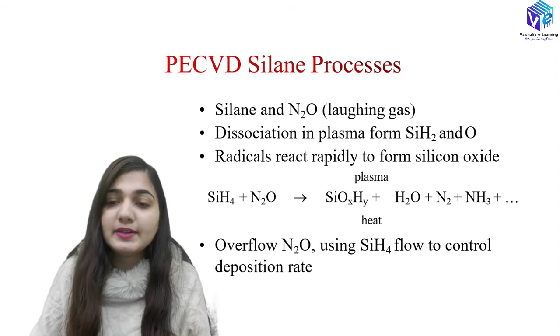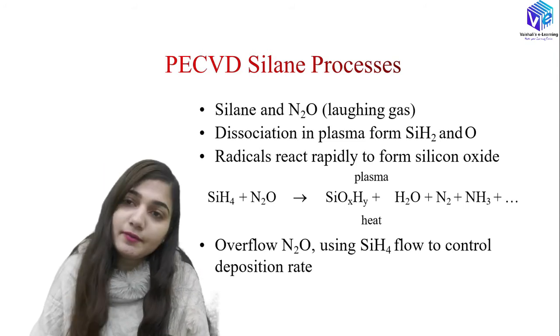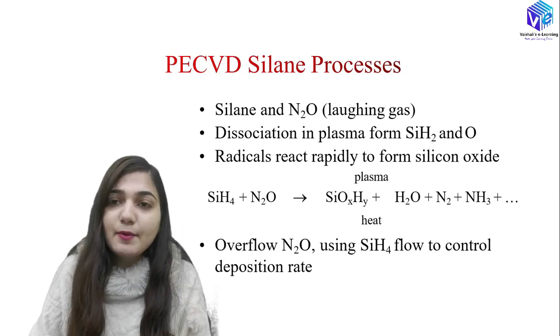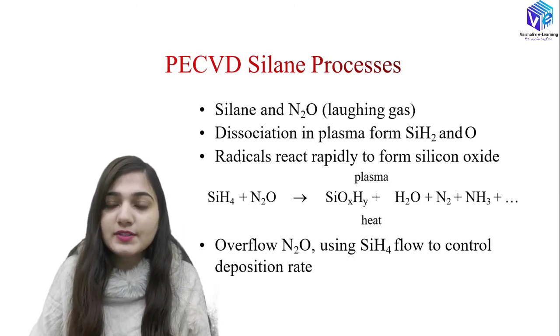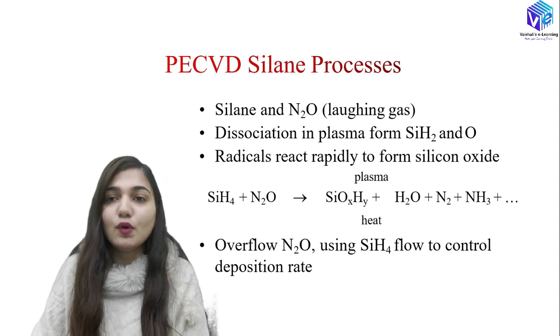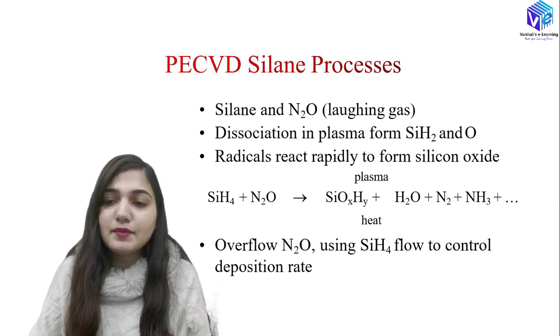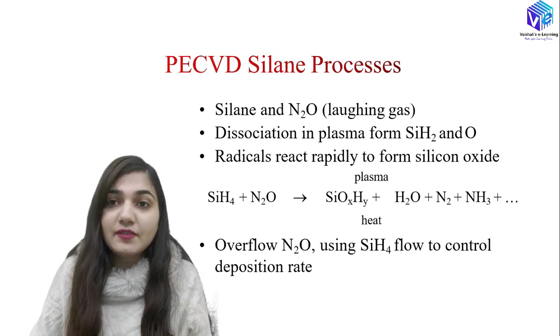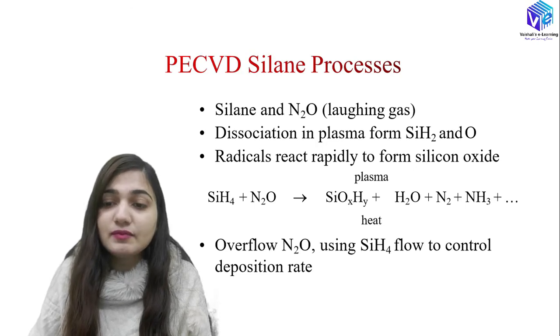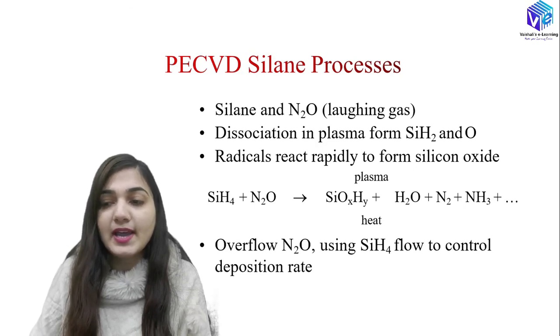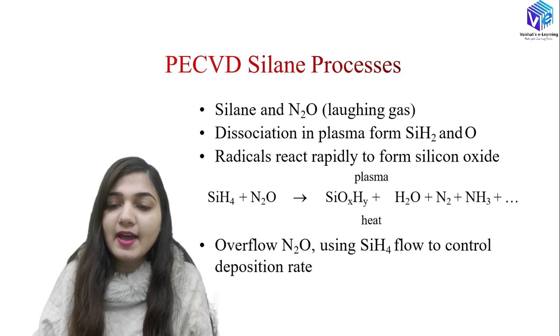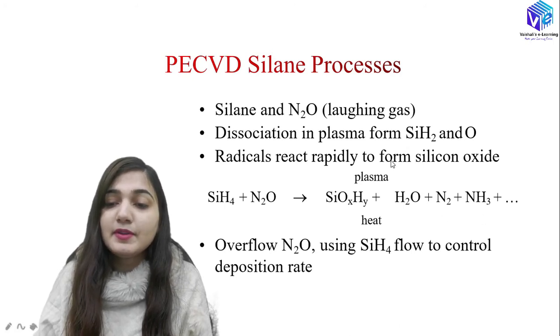thing that you need to remember, that we are using the laughing gas here with silane. So whenever I was using the thermal silane process, there I was using silane with O2, but here I am using silane with laughing gas, that is N2O. So silane is going to dissociate in the plasma to form SiH2 and the oxygen radicals. The radicals are very reactive, they are going to react rapidly to form the SiO2, right? So here I have the SiH4, which is silane, plus the laughing gas N2O, so it is going to form